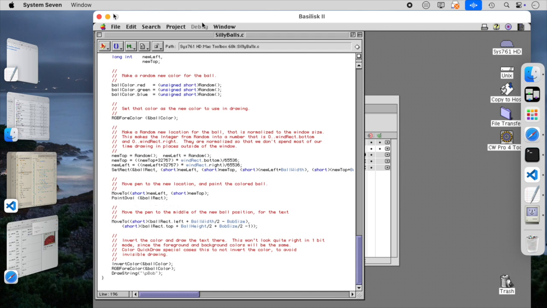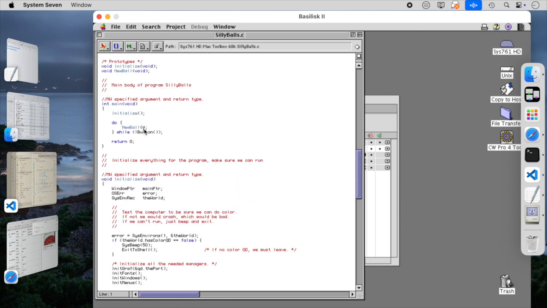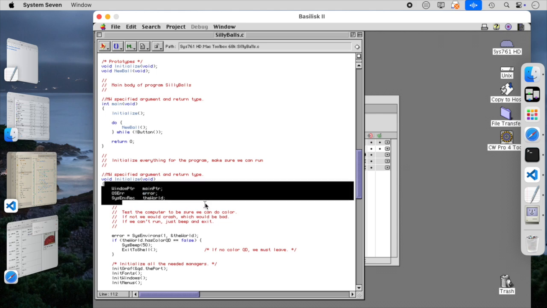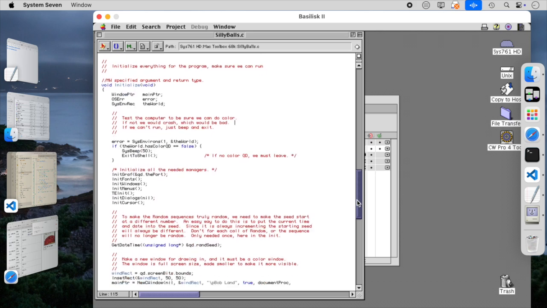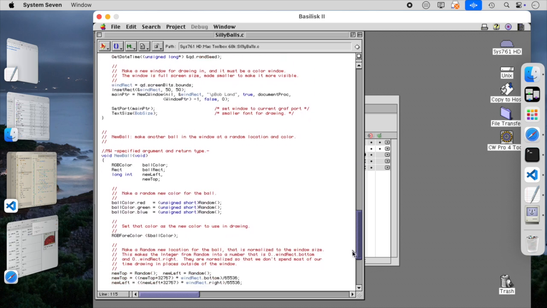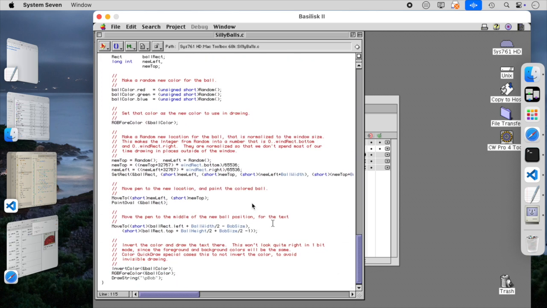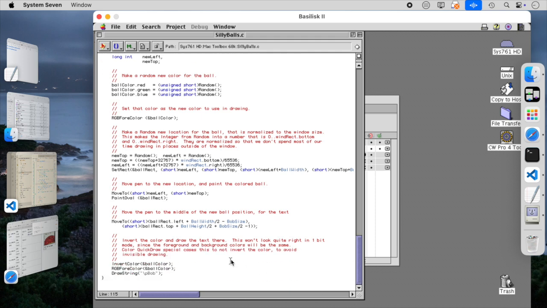So you can see the parts of the toolbox that we have to initialize for our application, and then you need an event loop, which will check for the mouse button and you need to handle the other events, and we will just draw repeatedly. And this application example just draws ovals of random colors all over the screen. And there you go. That's how you can get quickly started learning how to program the Macintosh Toolbox on System